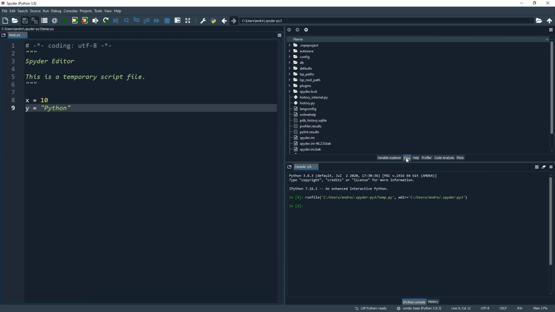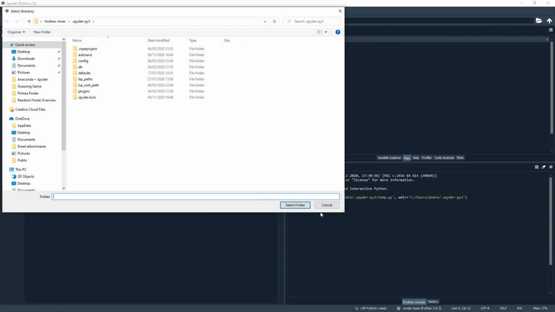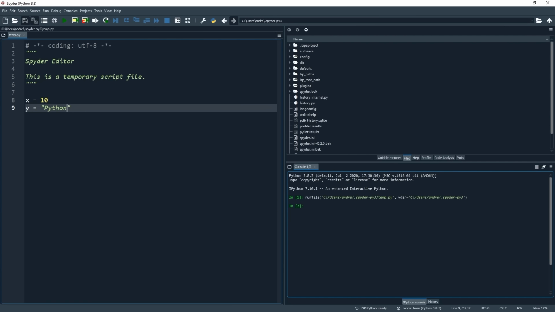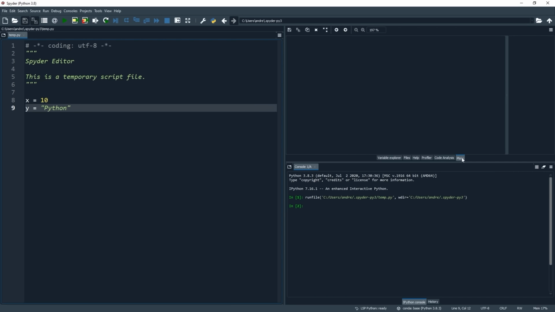Now we can point this to any folder location that we want, and this is what is known as our working directory, and we can do this by hitting the folder icon up the top here and selecting a folder. If we had our Python script and some other data that we were using all in one folder, we would point Spyder to this, and it would mean we'd be working right in that directory, making importing any data really easy. Over on the far right of these tabs, we have plots, and this is where any charts or visualizations would appear if we were to create them in our code.